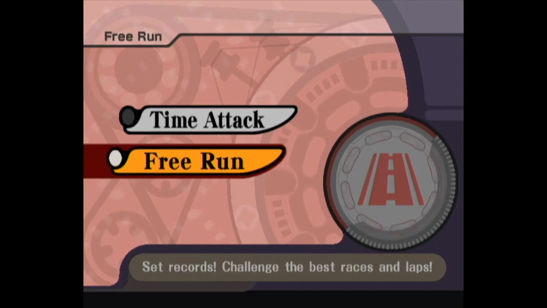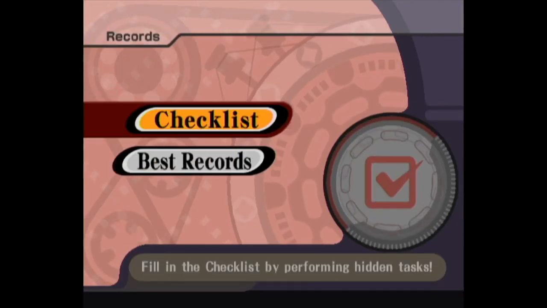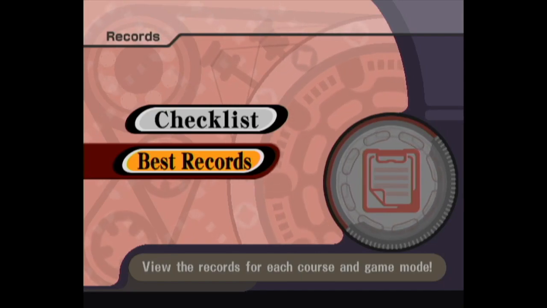But there's also free run mode that doesn't have enemies, but you're trying to set the best lap time, so you basically can go around the course as much as you want and try to set the best lap. The game does track both of these in the records option. You might notice some inconsistencies in the records that I'll explain momentarily, but finally, the last part of this mode is